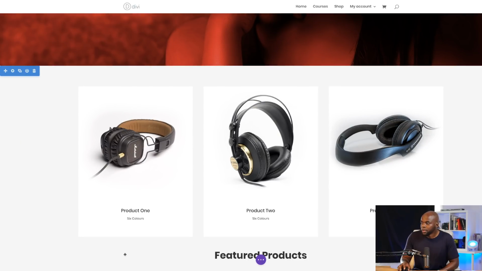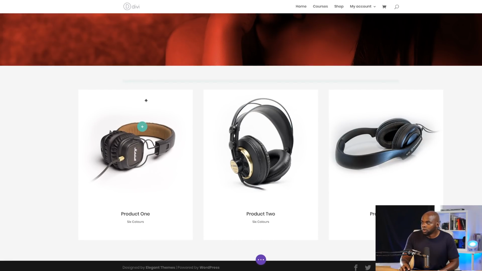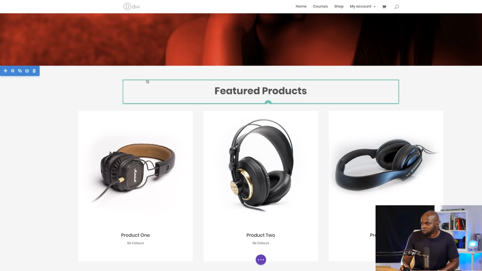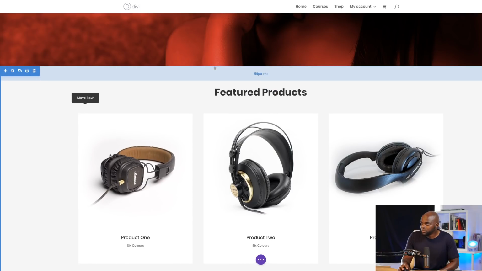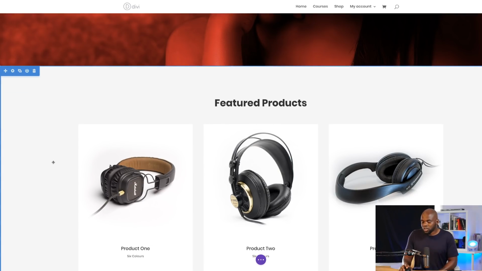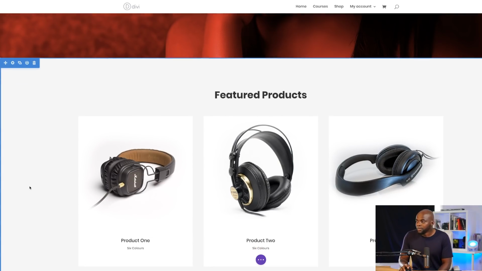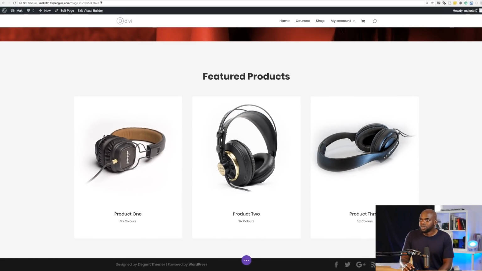And then let's save. Okay, so I'm going to drag this to the top because this is the title for our section. Okay, great. So as you can see now, it's looking good. And then on the top here, I'm just going to add some spacing. So let's add 100 just to give it a bit of breathing space there on the top. Right, so this is looking good. We've added all that now. The next thing